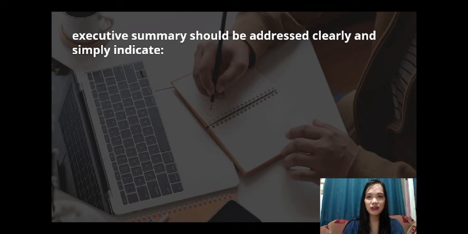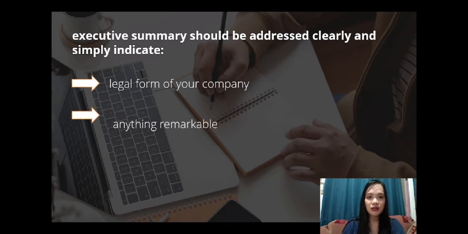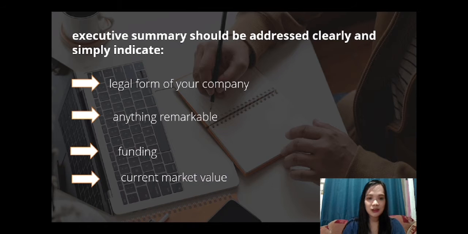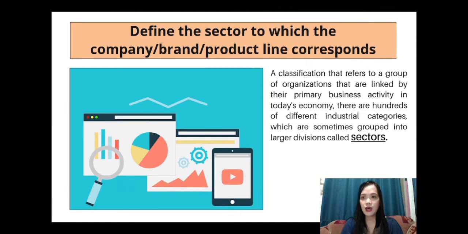Executive summary should clearly and simply indicate the legal form of your company, whether it is a sole proprietorship, partnership, or a corporation. Anything remarkable qualifies as a major accomplishment. Funding: if looking for funding, make sure to include the amount and kind of credit, the payment schedule, and the process. Current market value, expected worth, or price of any equipment that you own. The executive summary must include the